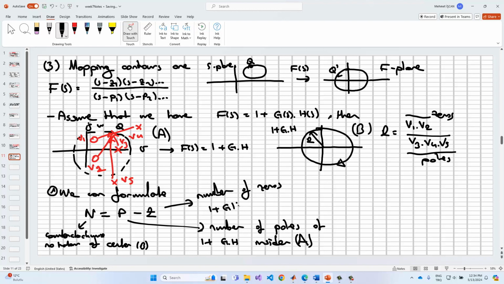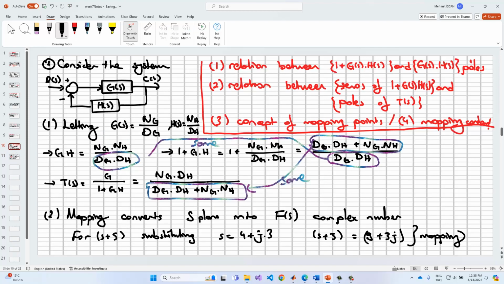1 plus GH inside the contour A. Okay, and so the number of zeros, number of poles, and the counterclockwise rotation of the center of these terms is coming from what these relations, right? This is the open loop poles, just like this one, and so these zeros must be calculated from this one. So if we have any pole in here, if we have the zeros in here, and so